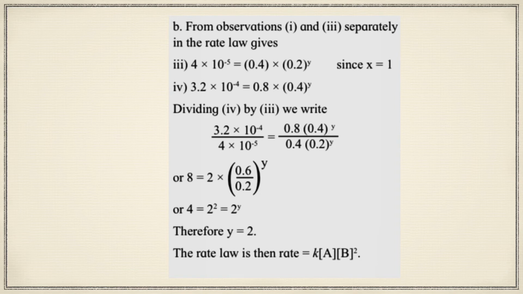That means if I bring that 2 to the other side, it will become 4. So 4 is equal to 2 raised to Y. I just have to imagine 2 raised to dash is equal to 4. So 2 raised to 2 is equal to 4. Therefore, the value of Y is equal to 2. Therefore, I got the rate law as what? Rate law is given by rate is equal to K into concentration of A raised to X into concentration of B raised to Y. I just have to substitute X as 1 and Y as 2. So the final rate law will be rate is equal to K into concentration of A raised to 1 into concentration of B raised to 2.